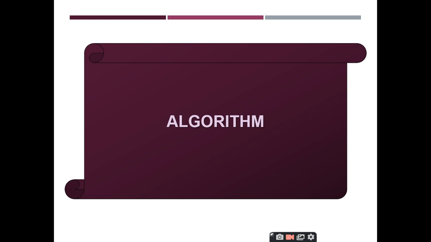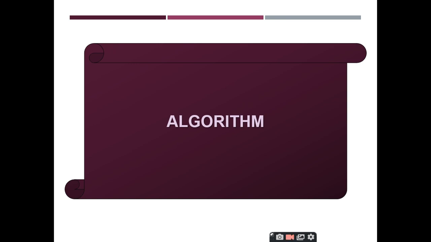asymptotic notations, right? The flow for today's session will be like this. We will discuss what an algorithm is and what are the important characteristics of the algorithm, and also we will discuss what are the performance metrics of an algorithm. After discussing the performance metrics of an algorithm, we will jump to the topic of asymptotic notations, where we will be discussing three types of notations, that is big O notation, big omega and big theta notations, and we will have some discussion on those asymptotic notations, and then we will close the session, right?